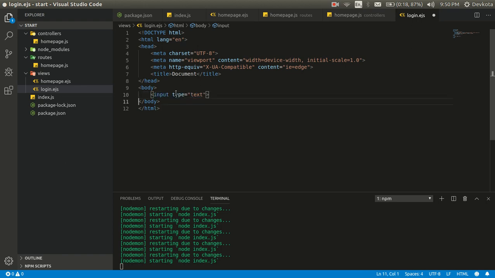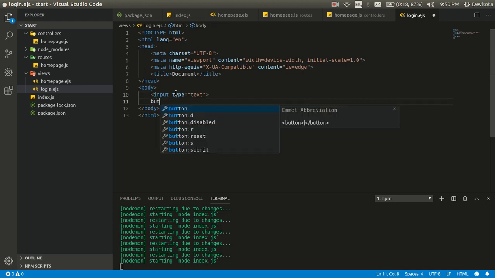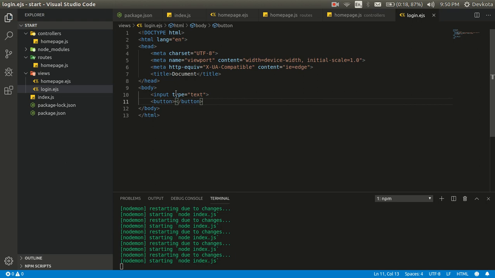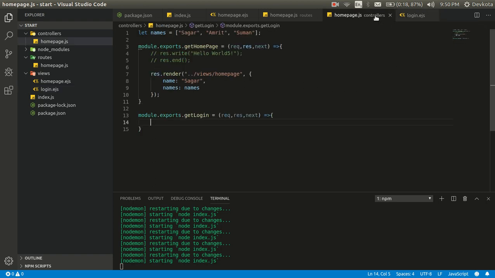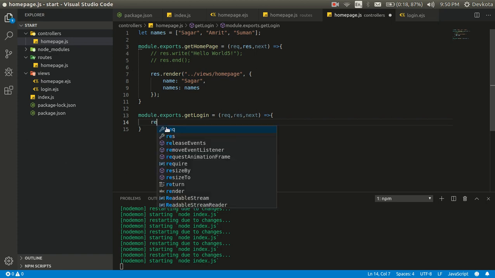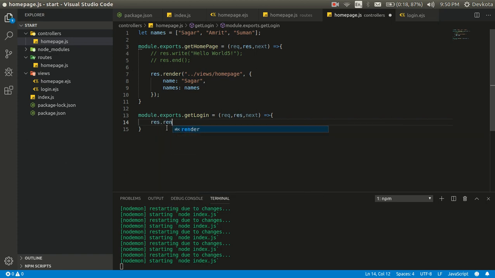Okay, first of all we need a view for login that has input and button. Just a placeholder, okay, and we have a view, so response render. I have another thing, okay, another thing,